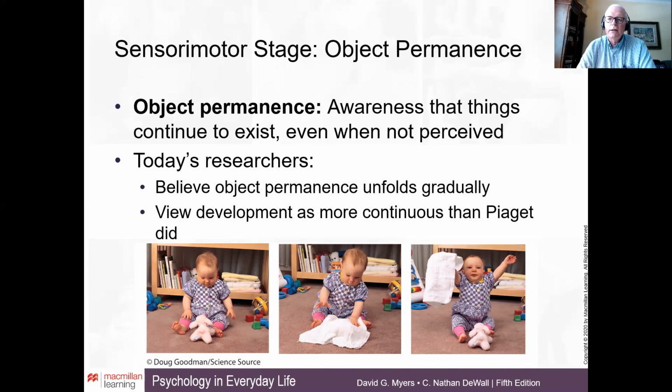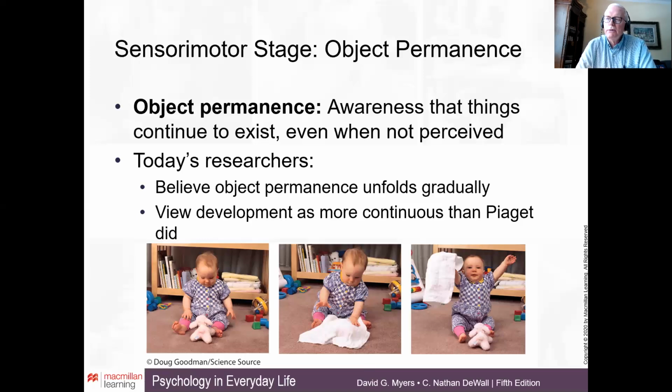As we can see in this picture, where this child is playing with a little stuffed animal. It's covered, and the child looks for it under the covering and pulls the covering off, and voila, there's the little animal. So we can see this child is gaining object permanence. Object permanence turns out to be a pretty big deal because it provides sort of the basis for the child eventually to be able to learn language, which Piaget called symbolic thought or symbolic capacity.